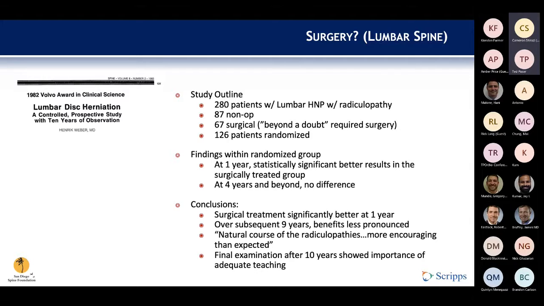The natural course of the radiculopathies is actually more encouraging than expected, and final examination after 10 years showed the importance of adequate teaching for these patients, because as we go on later, we'll talk about surgery versus non-op, but also